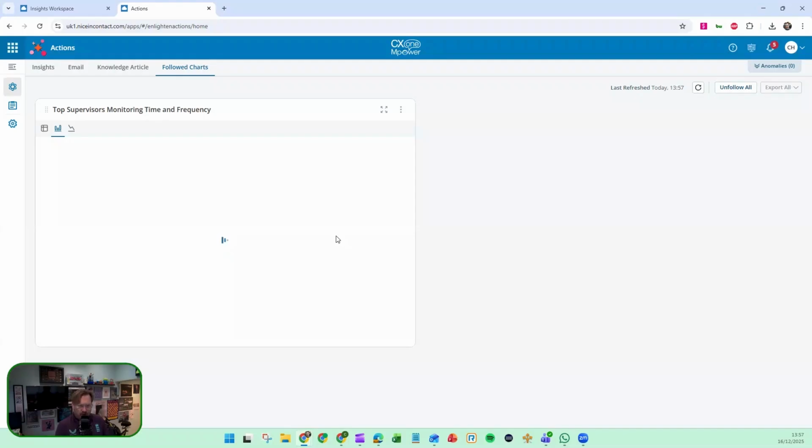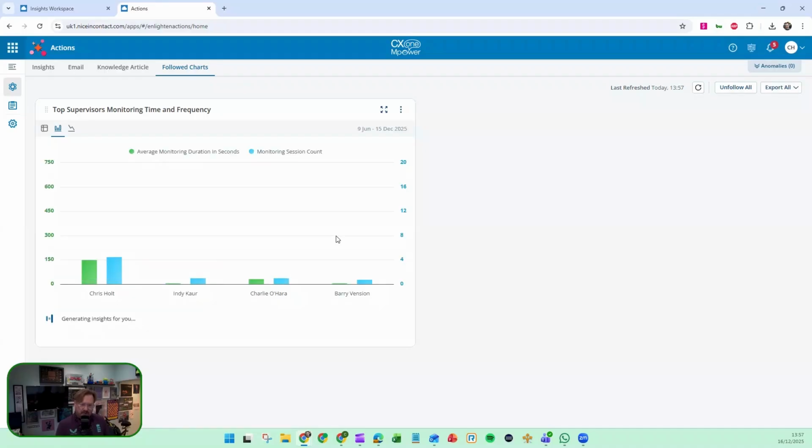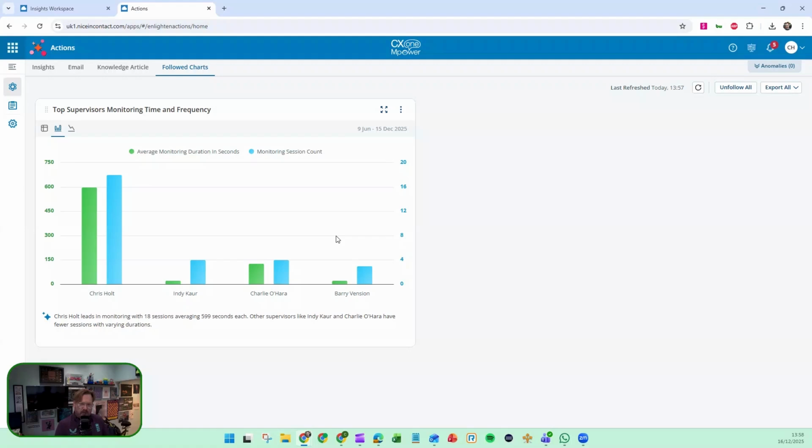So Copilot for Supervisor has been there doing good things at the supervisor level for some time. The benefit of 25.4 is it's now bringing it into actions as well. So if you're an operations manager or a contact center leader, you now have context of, if I look across my 4 different supervisors here, Chris is spending a lot of time, also though a lot of time per interaction as well. So could he be more effective? That is Copilot for